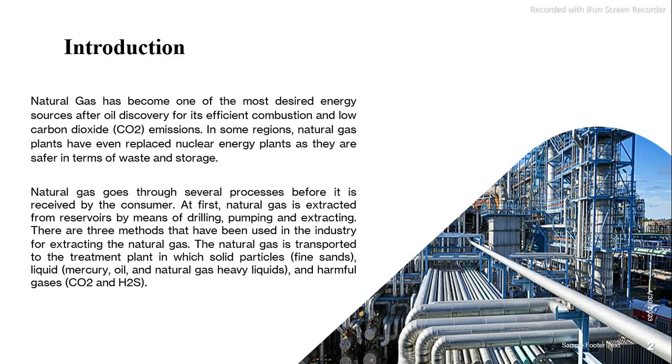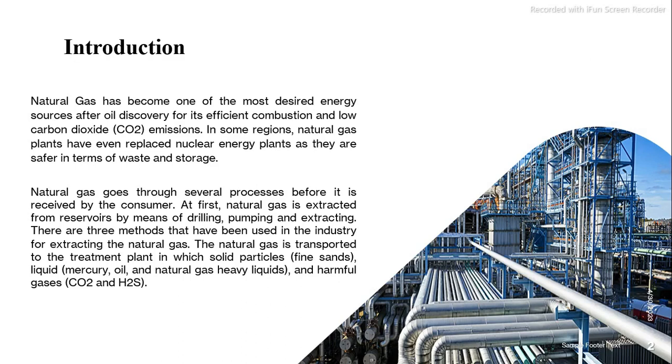Natural gas goes through several processes before it is received by the consumer. At first, natural gas is extracted from the reservoir by drilling, pumping, and other methods of extraction. There are three methods that have been used in the industry for extracting natural gas. After that, natural gas is transported to the treatment plant,